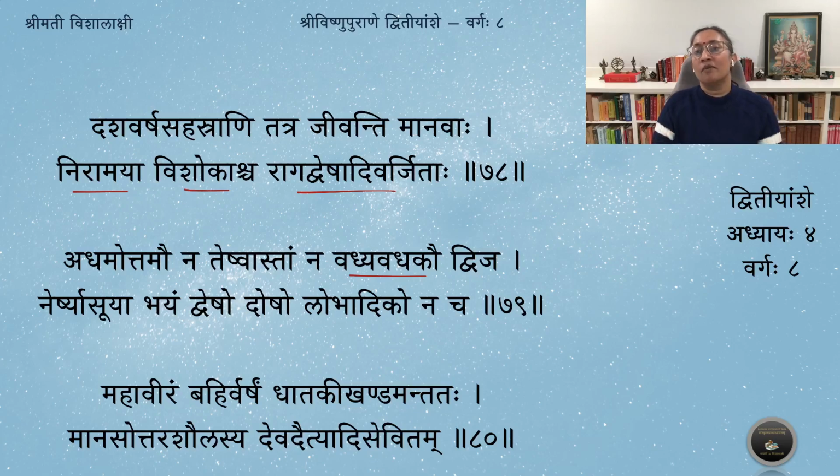Because there are no papa actions being done, what will prompt them to be like this? Irshya or Asuya, these are the different kinds of Shadripu, the doshas that are there in the mind. None of those doshas are present, so there is no possibility of even such an attitude coming amongst people. So, na Irshya, na Asuya. Both are different.